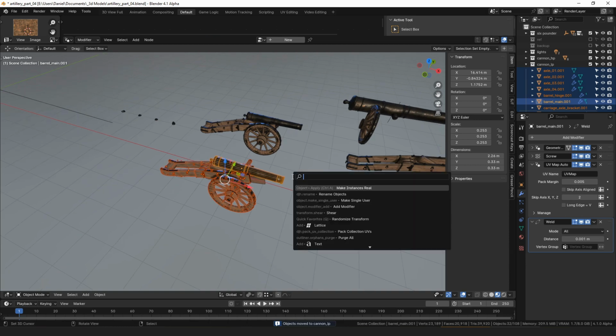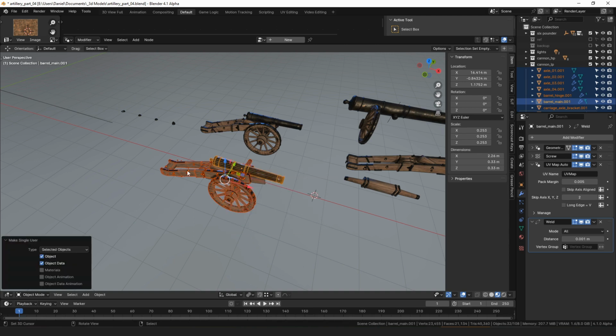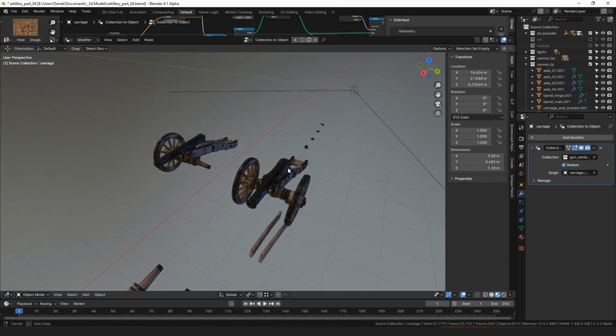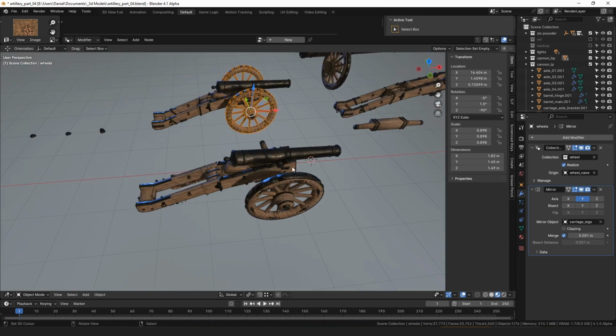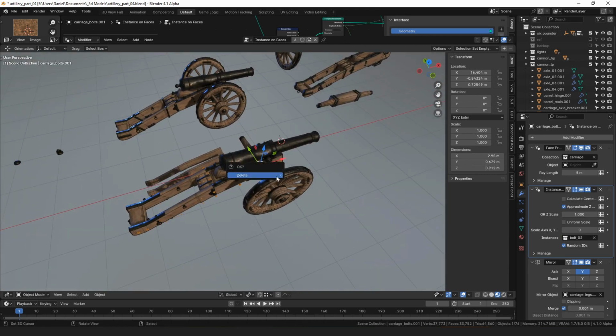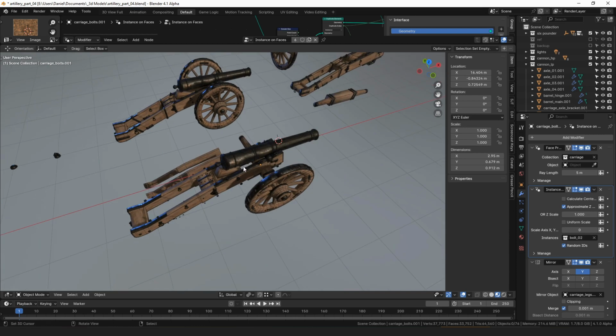Then we're going to want to make all of this single user data, because it currently has a copy of the object data linked between the two, so we want to clear that out. And then on our high poly here, we can select all of that and turn the realize back on, because we'll need to do that if we're going to bake textures. All right, now we should have a copy that we can edit,